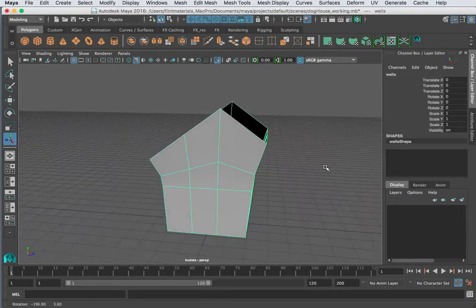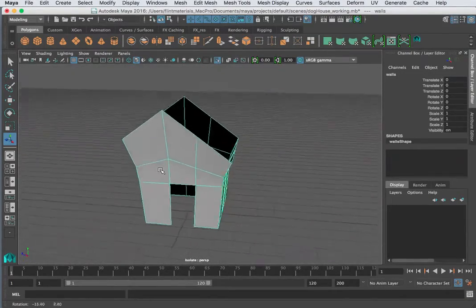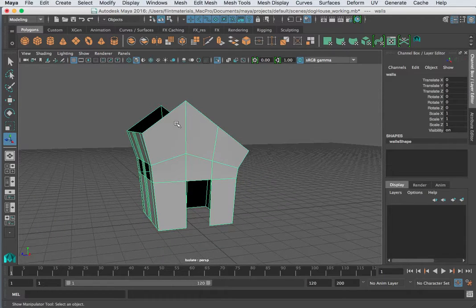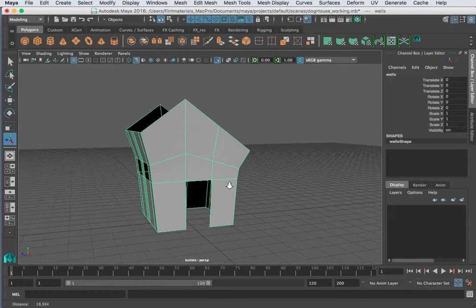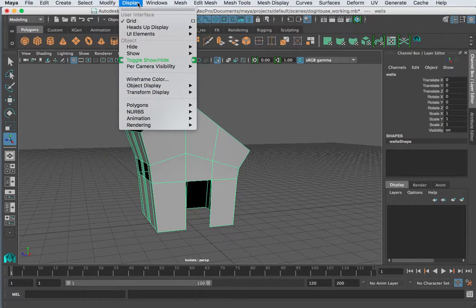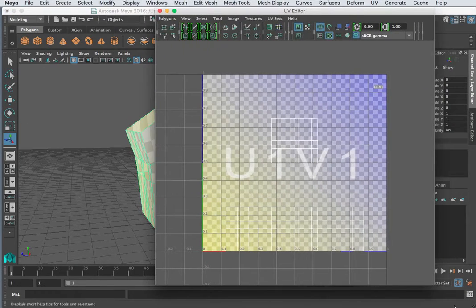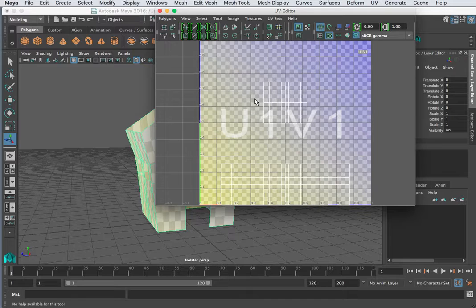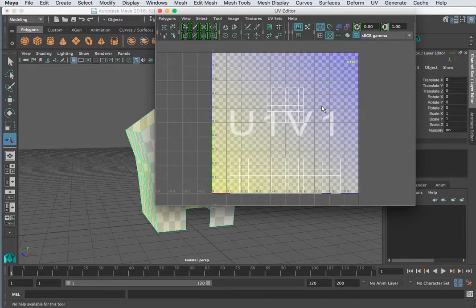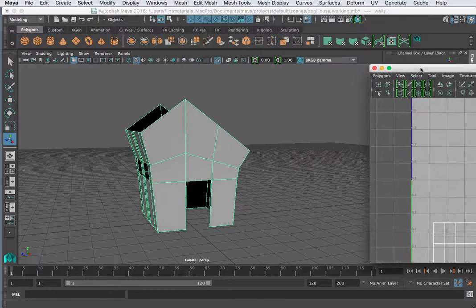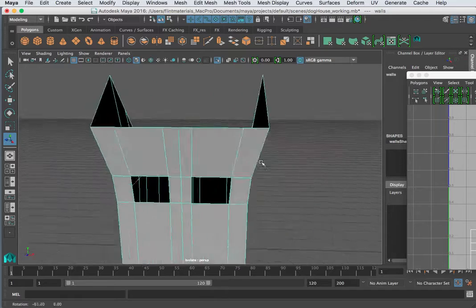In this tutorial we're going to apply a UV projection map, a planar projection, in order to create the UVs here. To see the UVs, you need to go to your Window, UV Editor, and you can see they're not working for us. I'm going to turn off my checker there for a second and